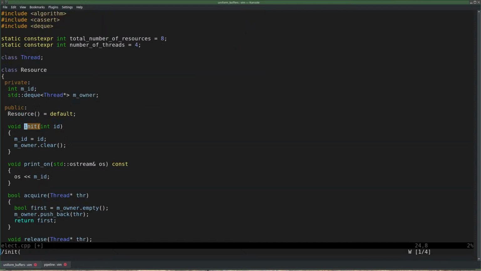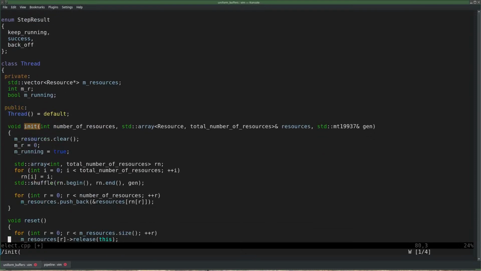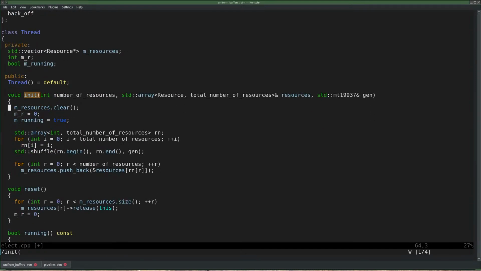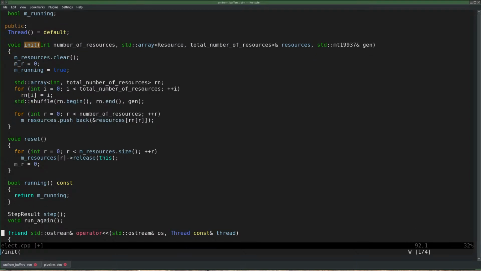And let's have a look at what that exactly does. It just clears and sets an ID. Okay, so that's 100% reset then. And this one worked as well. A reset on a thread is going to be called when it wants to start over without reinitializing itself. So starting over, it sets MR to 0, meaning it's going to try to acquire MR index number, resource number 0